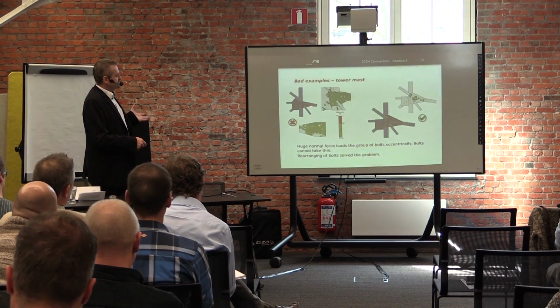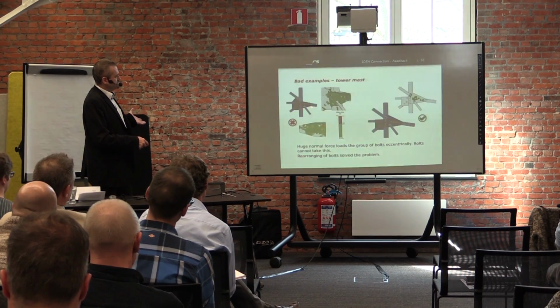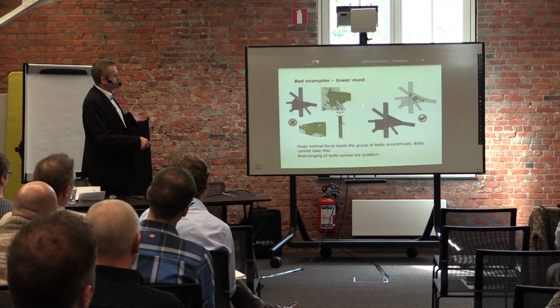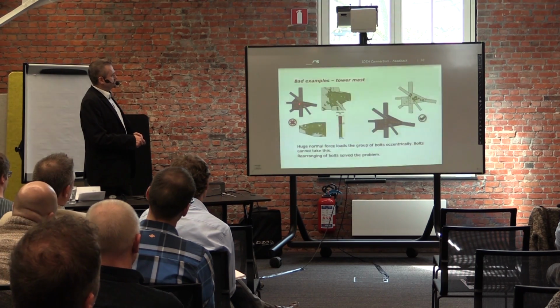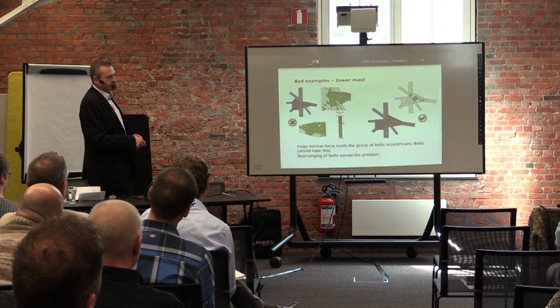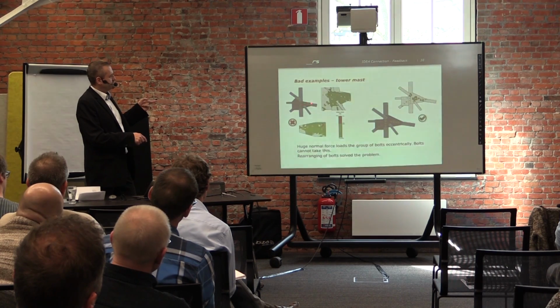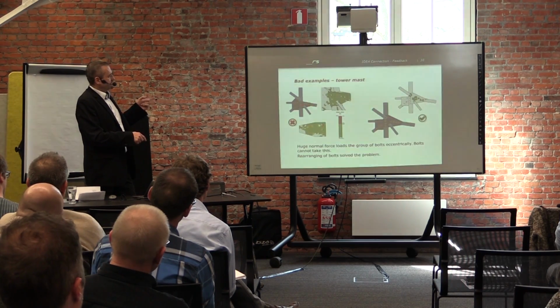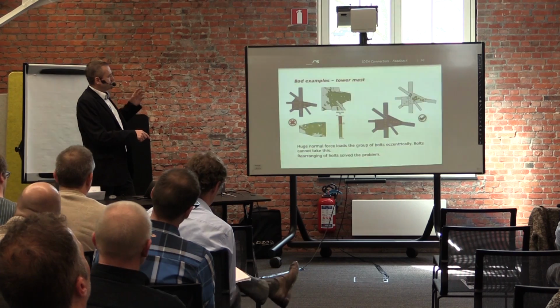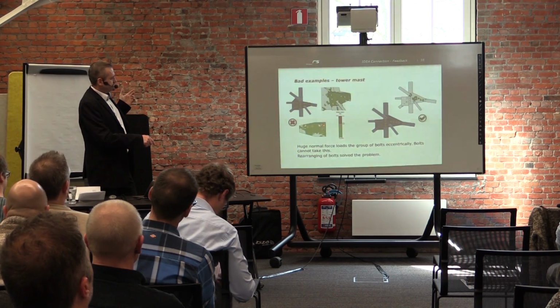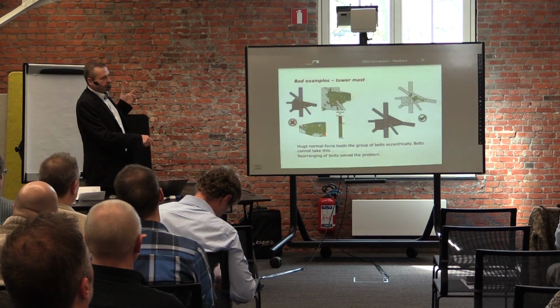Again, quite obvious. If you see this display, there is a diagonal with a huge normal force, and all this force should be taken by these three bolts, and it's not symmetrical. There is an additional moment from these three, and these three on the column are not able to take it. And you see it here. There is the plastification, and this is the problem.